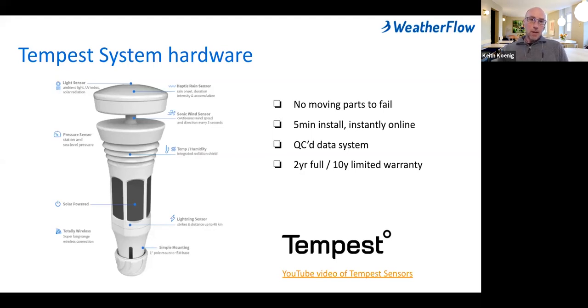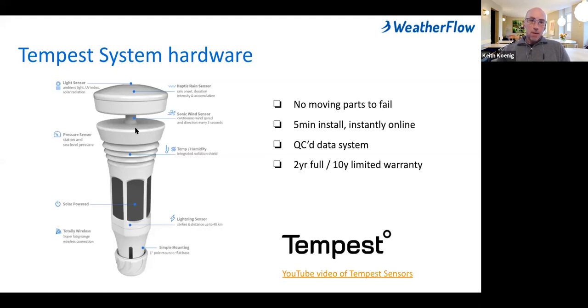As we look at the device, starting from top to bottom, on the top is a light sensor, which produces data on brightness value, UV index, and solar radiation delivered as watts per square meter. We have a proprietary haptic rain sensor, which I'll get into in more detail in a subsequent slide.